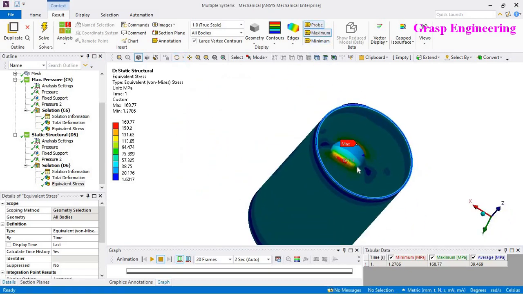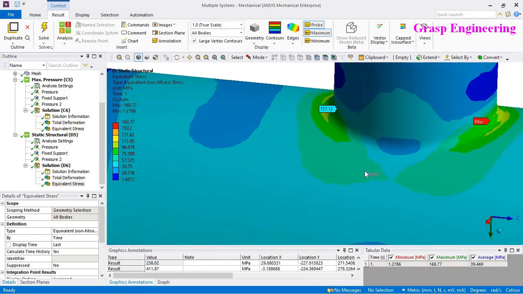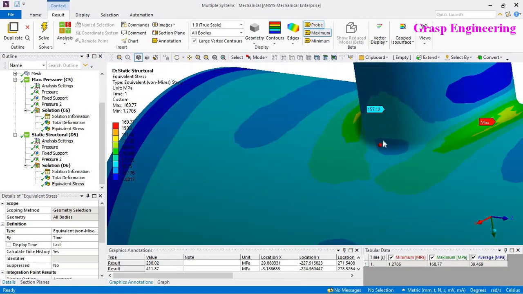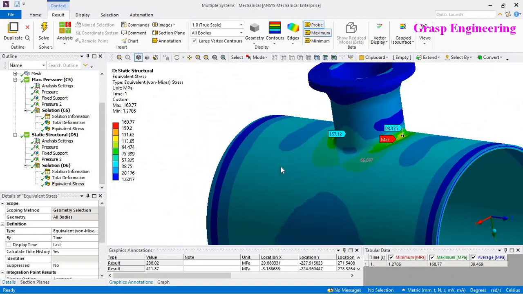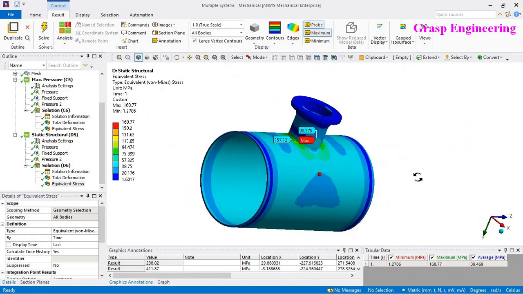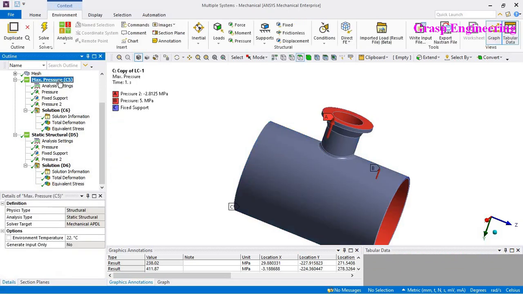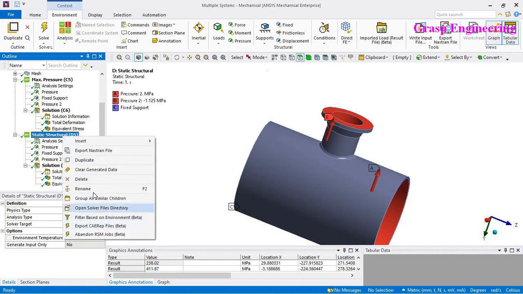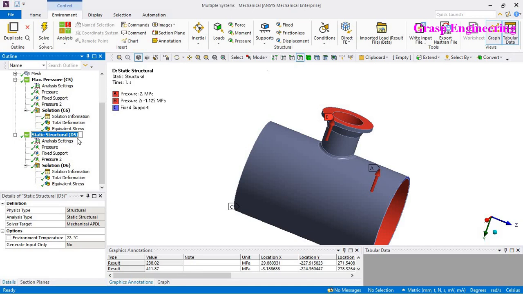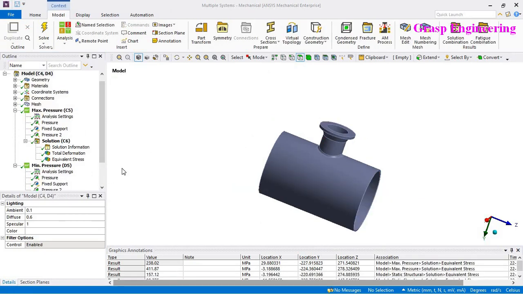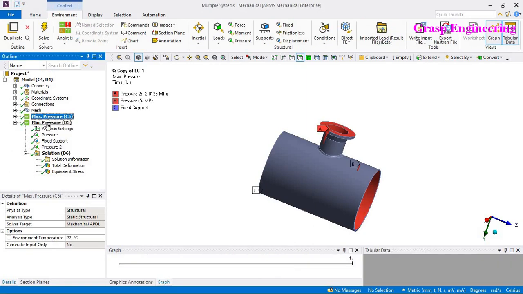Let's probe inside this, 157. Okay, from top to bottom it is varying nearly from 100 to 160. So near about we should get 130 to 140 for a stress relation. So this is the part of performing your maximum pressure condition, and here let's rename it like minimum pressure condition. Okay, so now in order to perform the fatigue, we have max pressure condition, we have minimum pressure